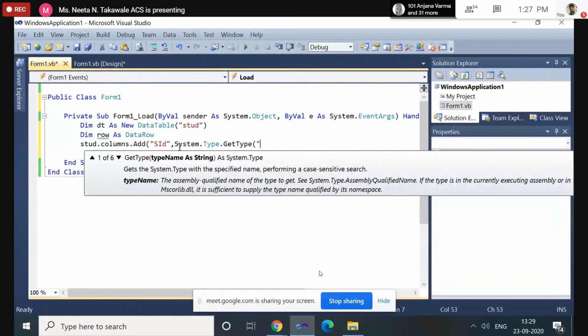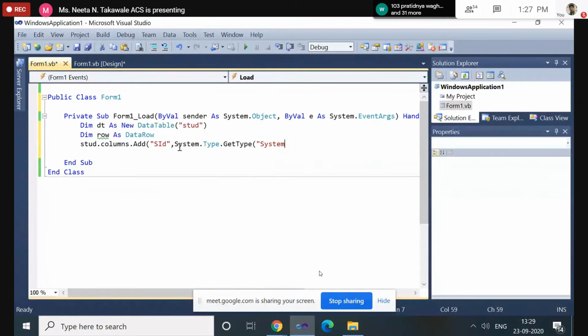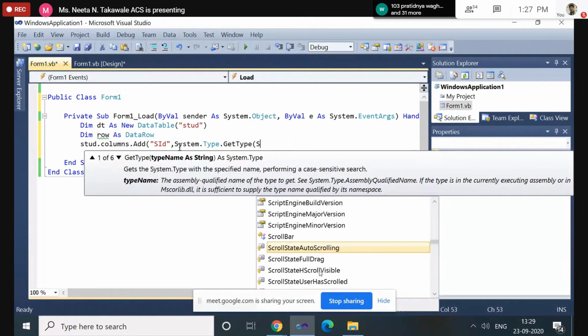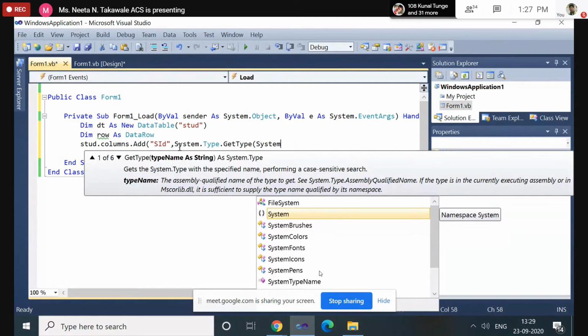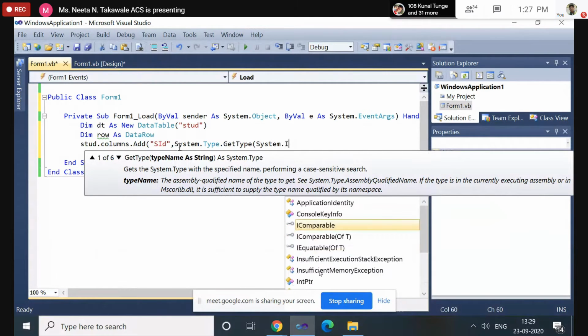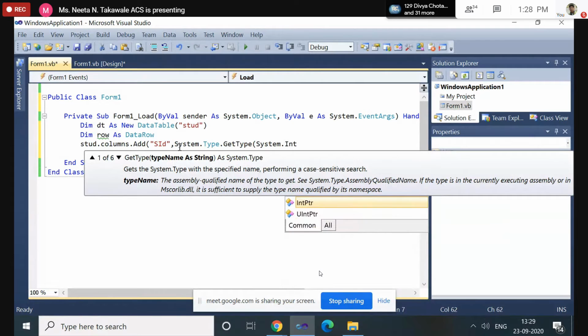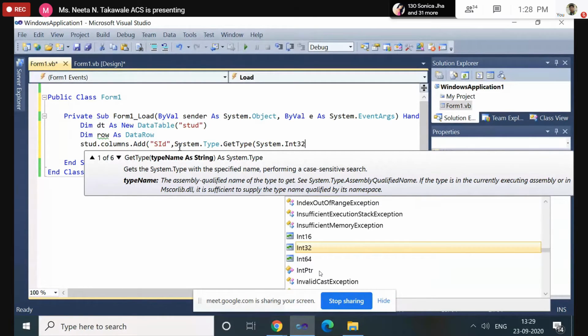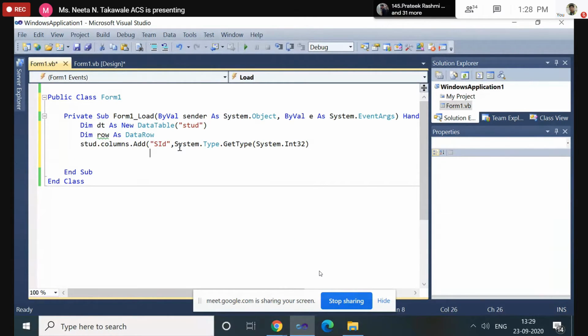Now the data type for integer you can specify as System dot Int32. Integer 32 is the data type. The data type of the SID field is integer. Now, same, add the second column.